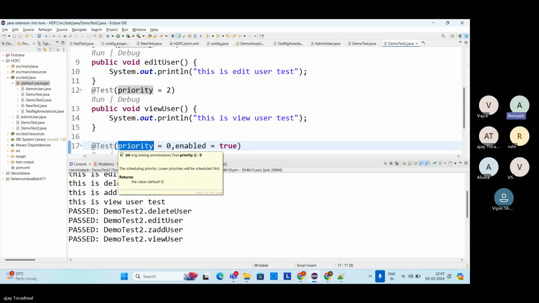Ajay asks, if we provide the same priority for two methods or two test cases, then what will happen? It's a good question. What do you think will happen if you give the same priority? Anyone know? Alphabetical order, yes, exactly. It will execute in alphabetical order automatically. Okay. So for example,